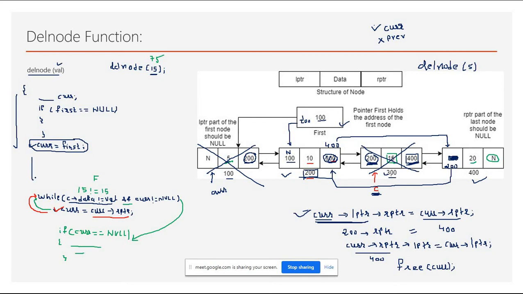Suppose the user wants to delete the node which is actually the first node. In that case, first we have to move our first to the second node. So this address you just have to copy into first, that is the first step. Second step, you have to set the null value in the LPTR of the first node, because first is now pointing to 200, so you have to put null into the LPTR of the node 200. And then you have to delete your existing or current node. So to do this,